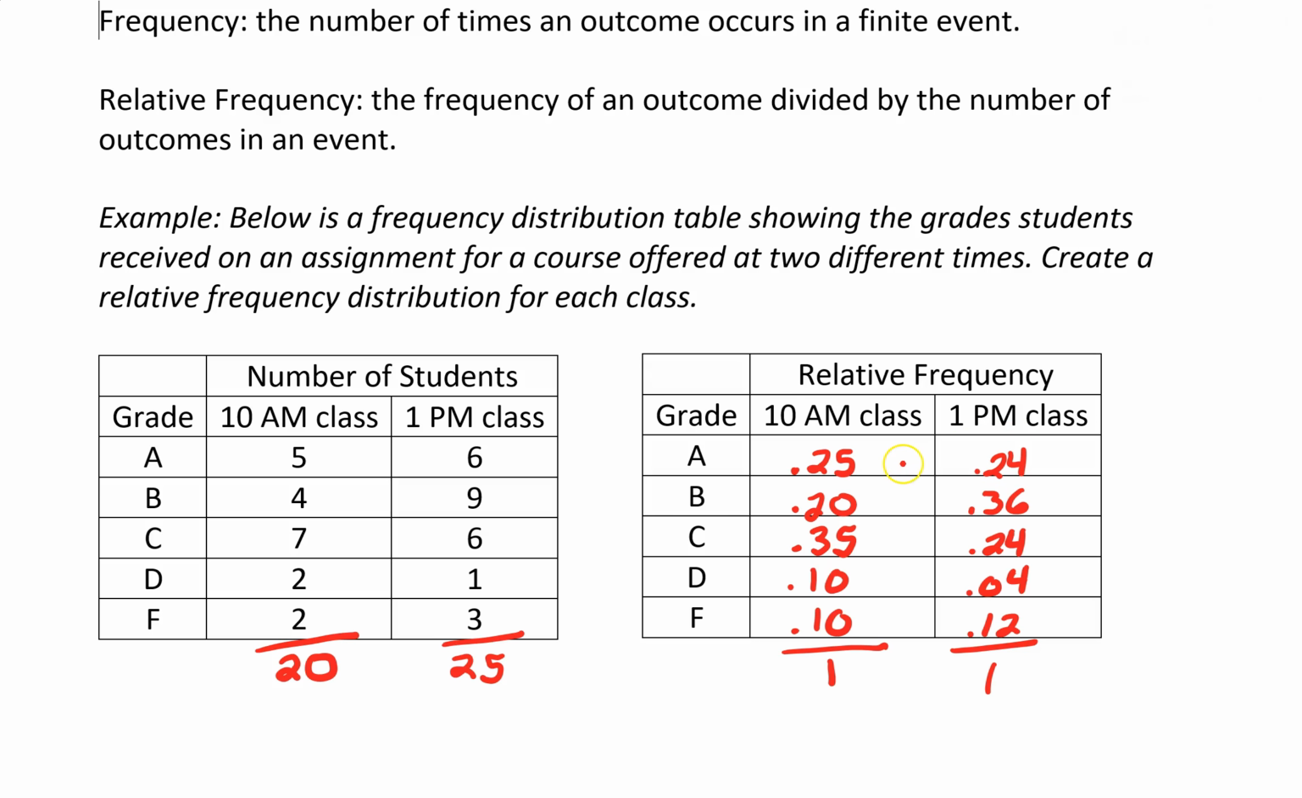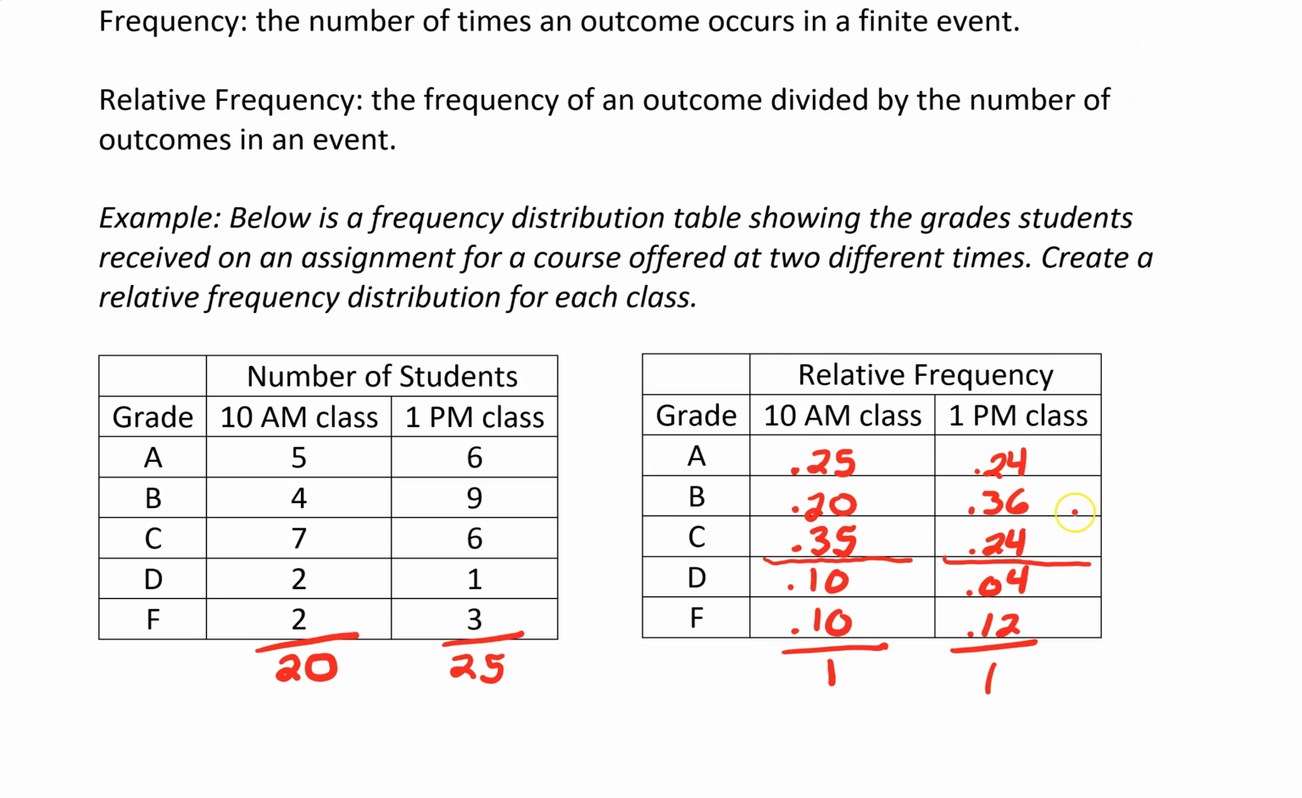So we can say the chance of getting an A is a little bit higher in the 10 a.m. class, but the chance of getting a B compared to the 10 a.m. class, the 1 p.m. class, is a lot higher. The chance of getting a C in the 10 a.m. class is a bit higher than in the 1 p.m. class. Now let's take a look at adding some of these